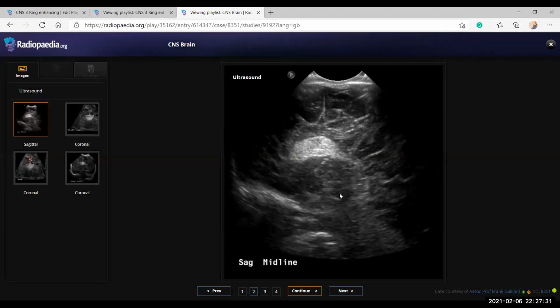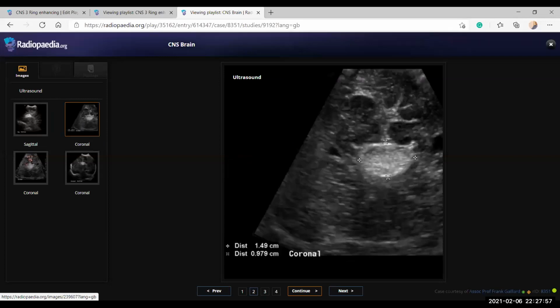Okay. This is a transcranial ultrasound of probably a neonate. I can see in the provided non-scrollable image there is an echogenic mass lesion seen. Can I scroll? Can I see other images? Coronal one. In the coronal one, I see that this is a mass lesion measuring 1.5 by 1 centimeter, seen at the region of